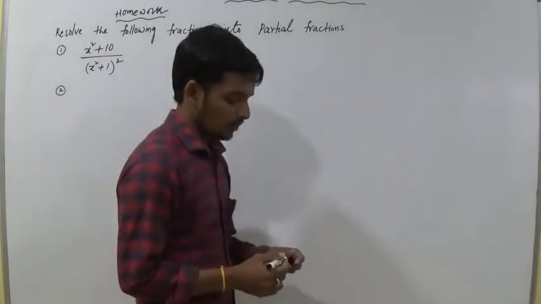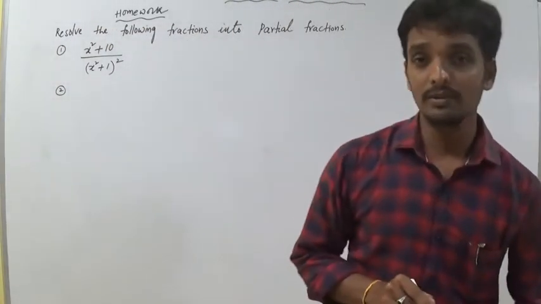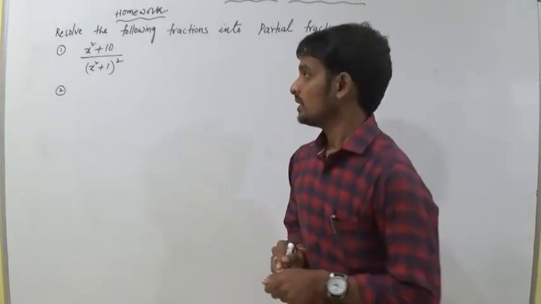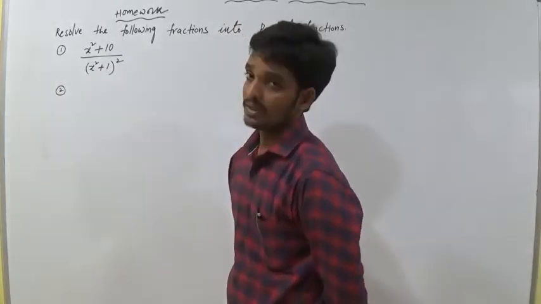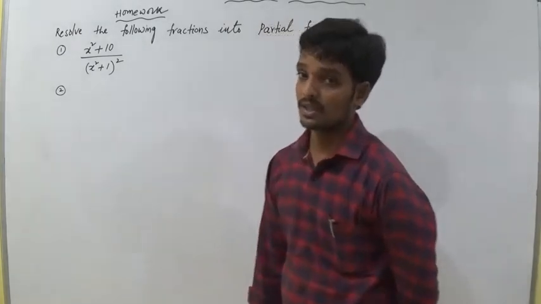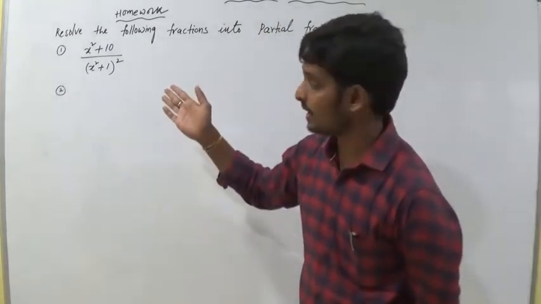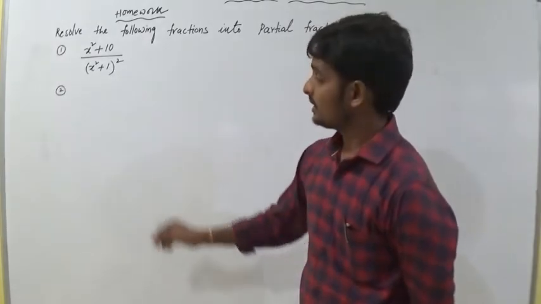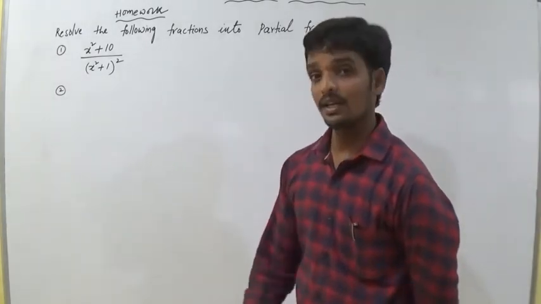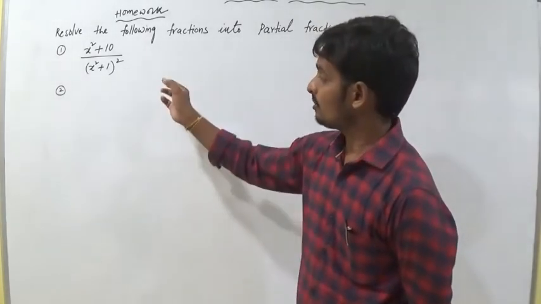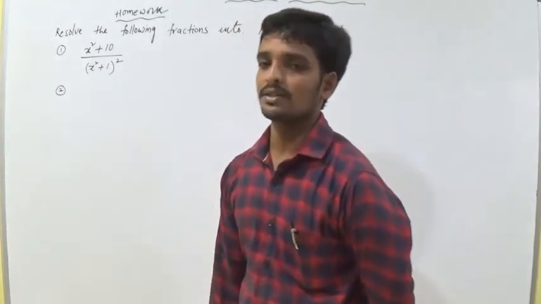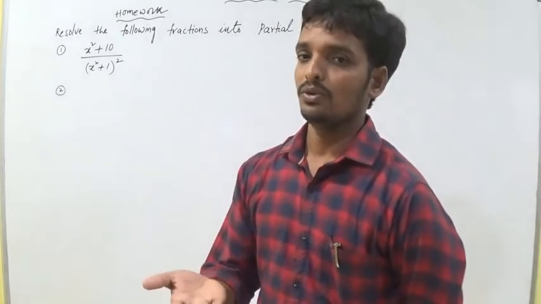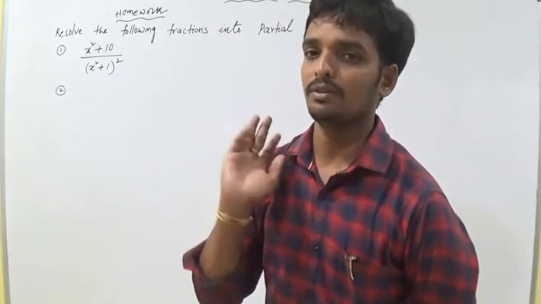Before going to solve the problem, I told you so many times, I am telling again. Which case do we have to use to solve this problem? Think about it yourself. Is this the first case, where the denominator has non-repeated linear factors, or the denominator has repeated linear factors, or the denominator has quadratic factors? We have to get some knowledge, then you can solve.